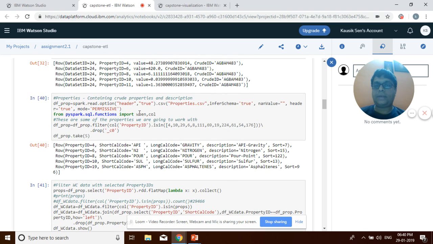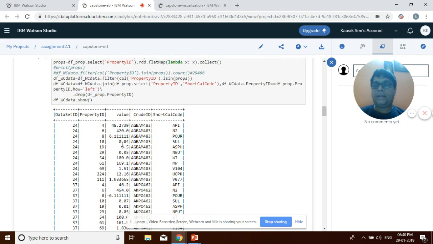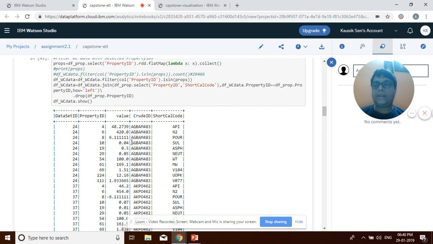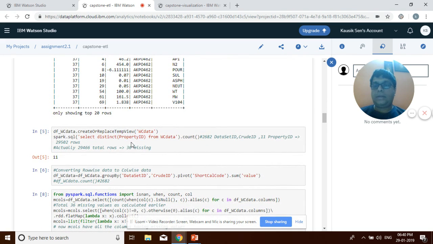I had a set of 10 properties which I will be working with, and the data now looks like this. And then I am working with this mapping file, WC data, and